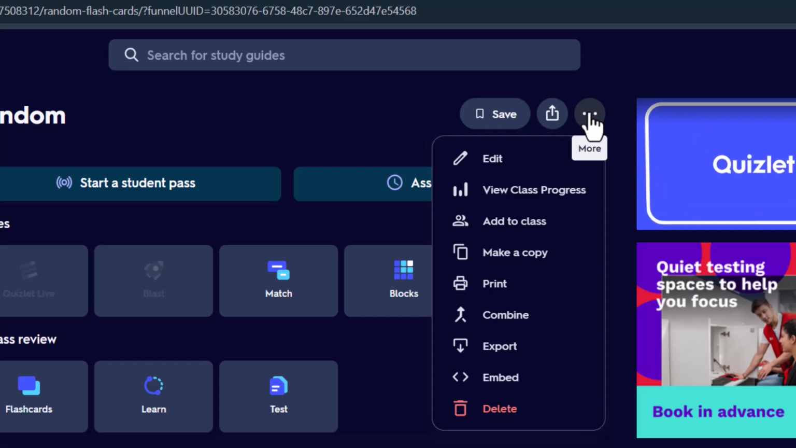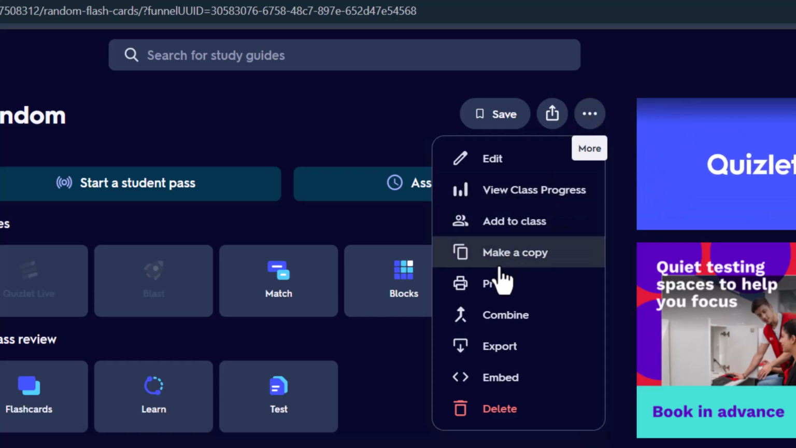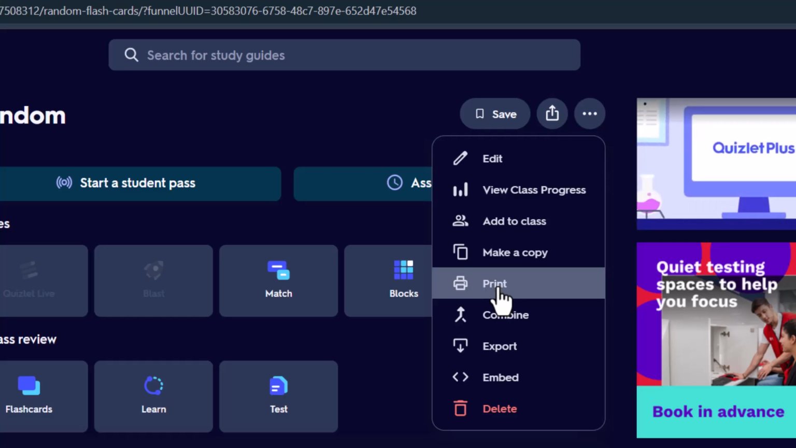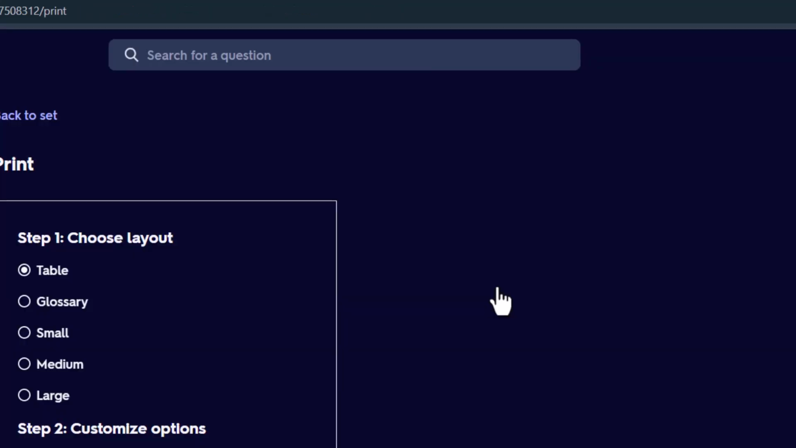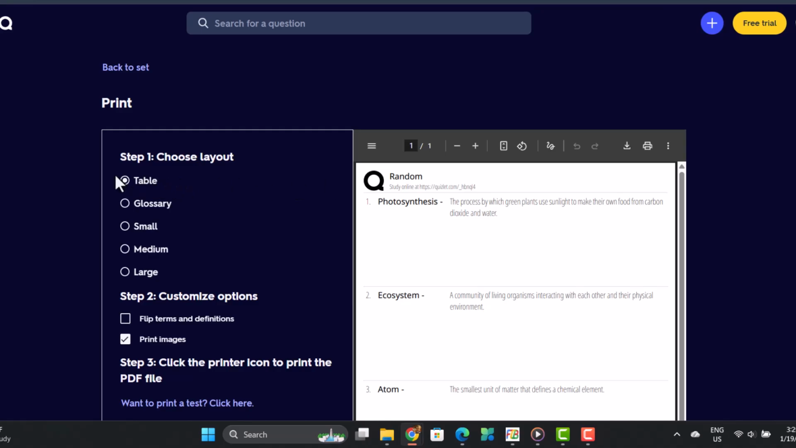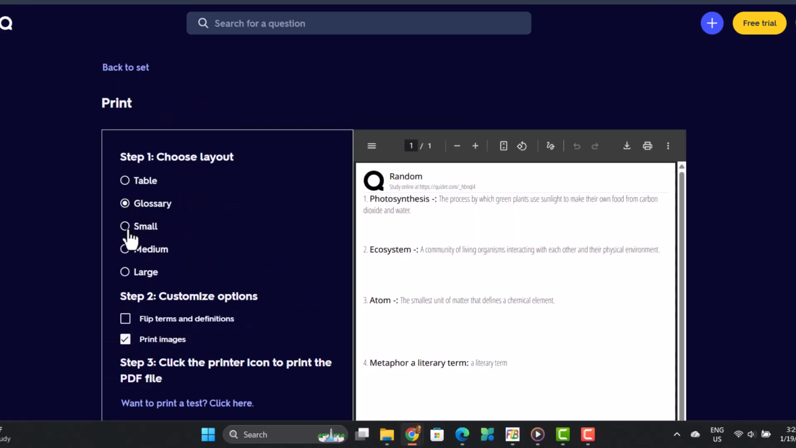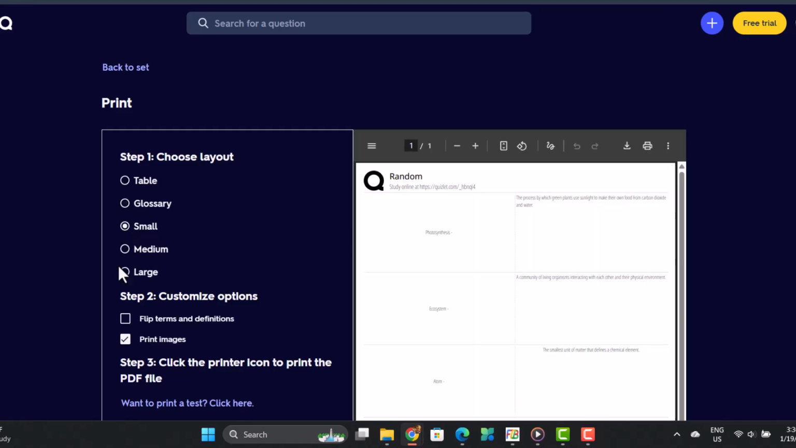Step 4. From the drop-down list, click Print to open the print settings page where you can control how the cards will appear. Step 5. Choose your preferred card layout, such as small or large cards, depending on how much content you want on each